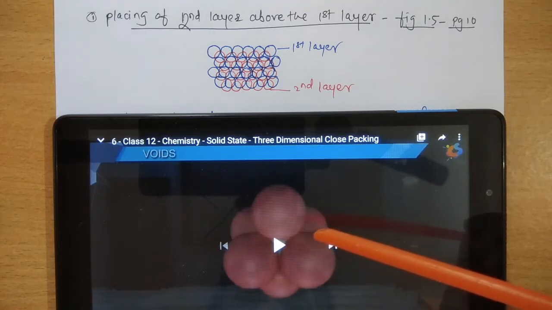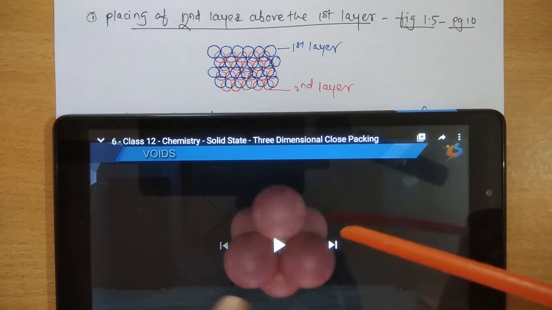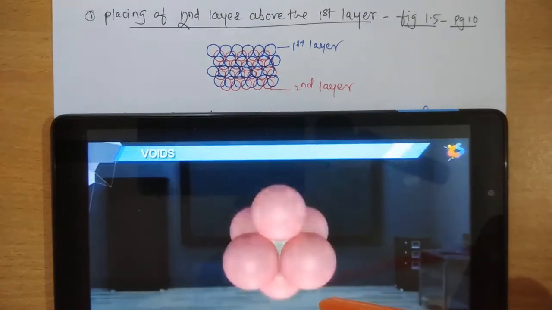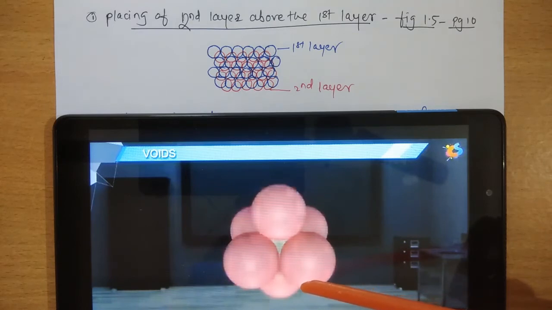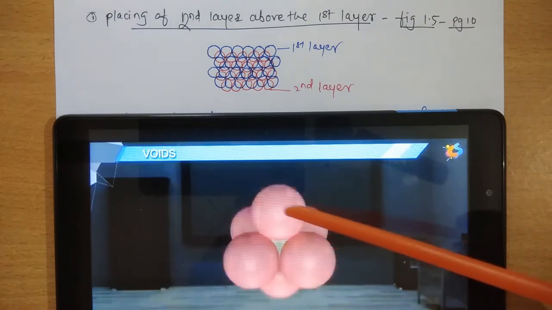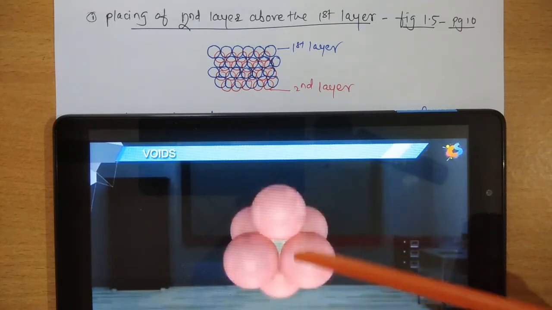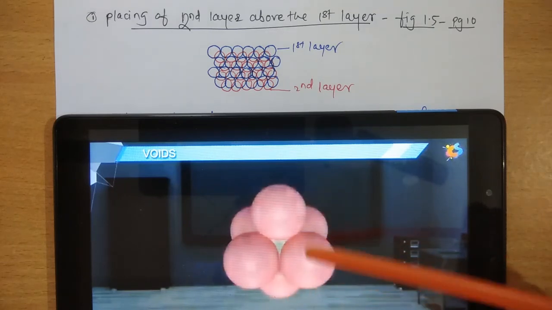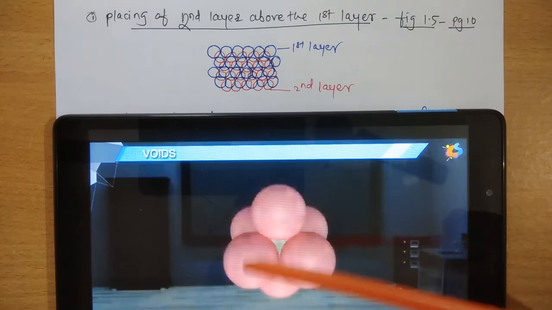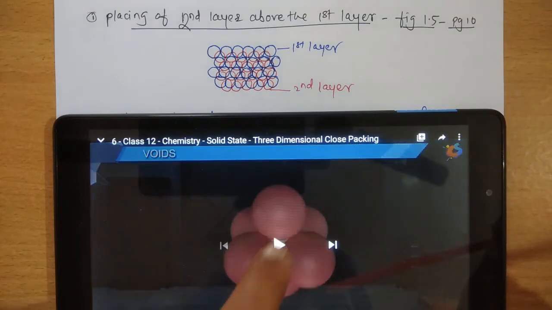Now secondly, how is an octahedral void formed? An octahedral void is formed by three spheres from the first layer and three spheres from the second layer. The void enclosed by three spheres of the first and three spheres of the second layer is an octahedral void. When the centers of these six spheres are joined, an octahedron is formed. See this diagram.